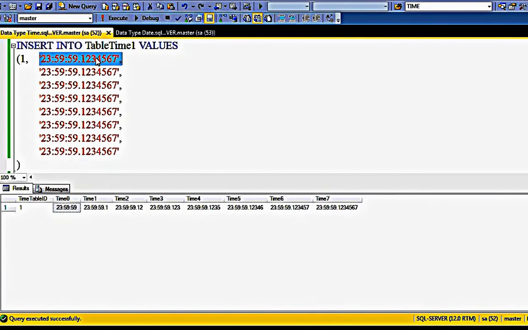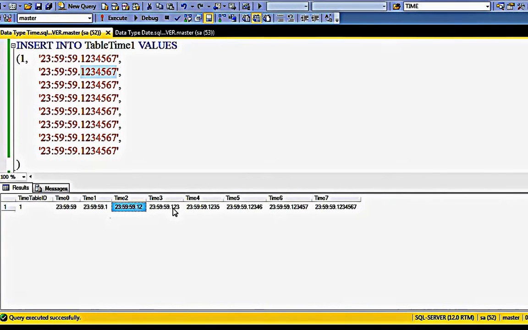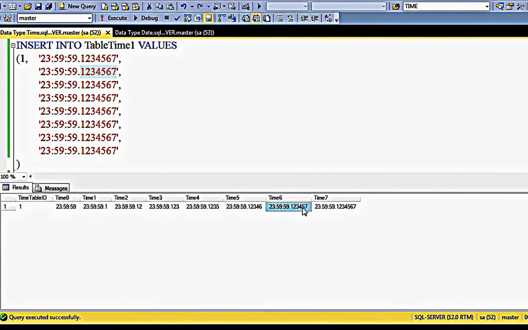It rounds the value and inserts only seconds instead of fractional seconds. In the second column we have time of 1, which accepts only 1 fractional second. Time of 2 accepts 2 fractional seconds, time of 3 accepts 3, time of 4 accepts 4, time of 5 accepts 5, time of 6 accepts 6, and time of 7 accepts 7 fractional seconds.